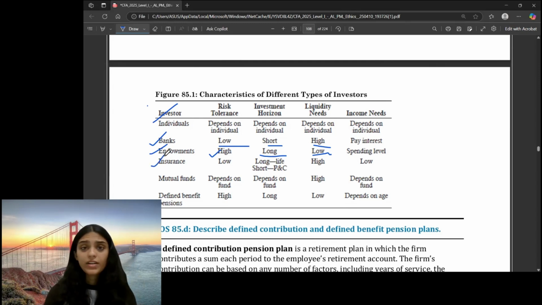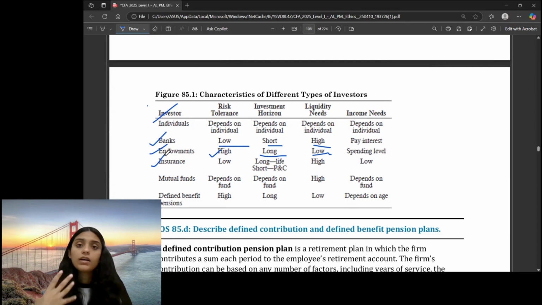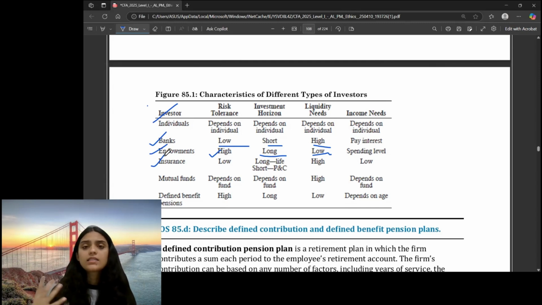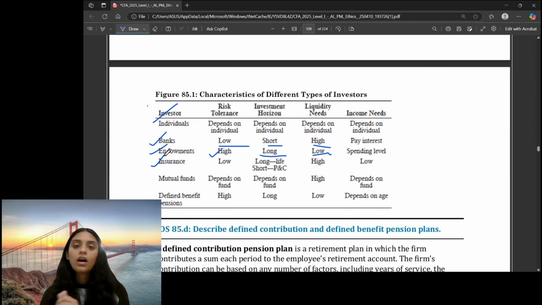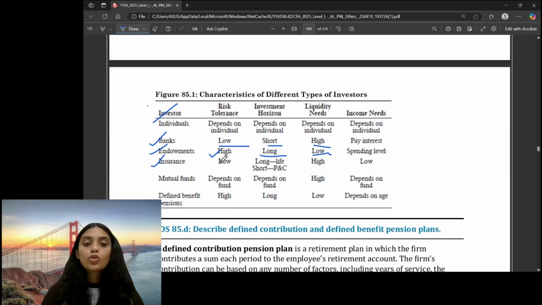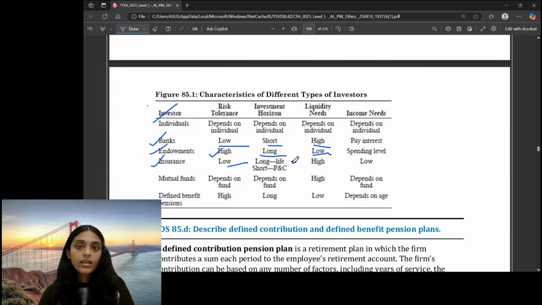As we all know, there are different kinds of insurance companies in the market, and it is a place where, if any unforeseen event occurs, the insurance firms pay you compensation or the claims that you need after the impact of that event. So in this, their risk tolerance is low. For life insurance, the investment horizon is quite long,